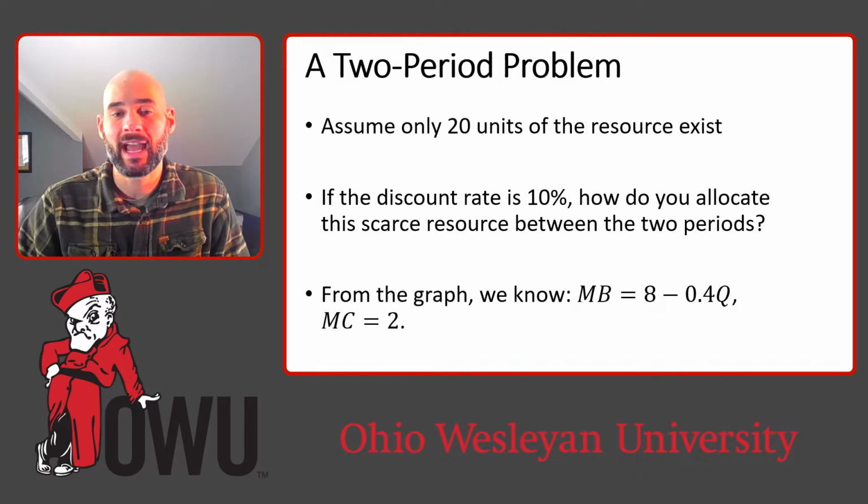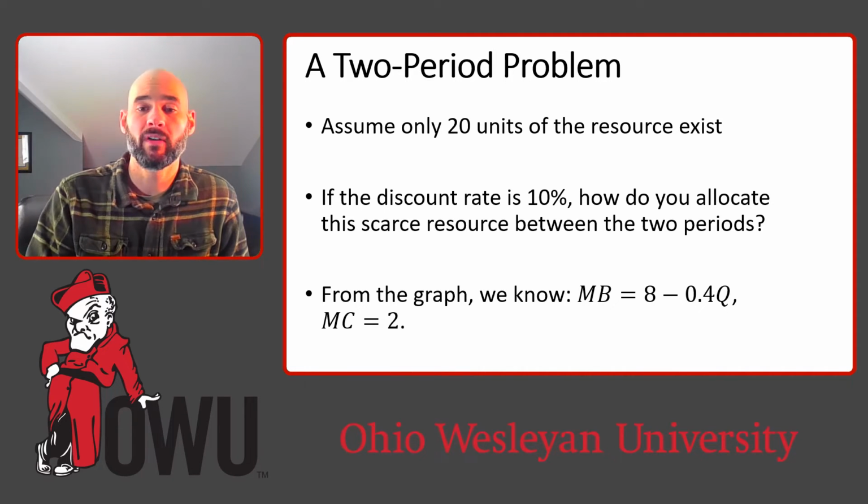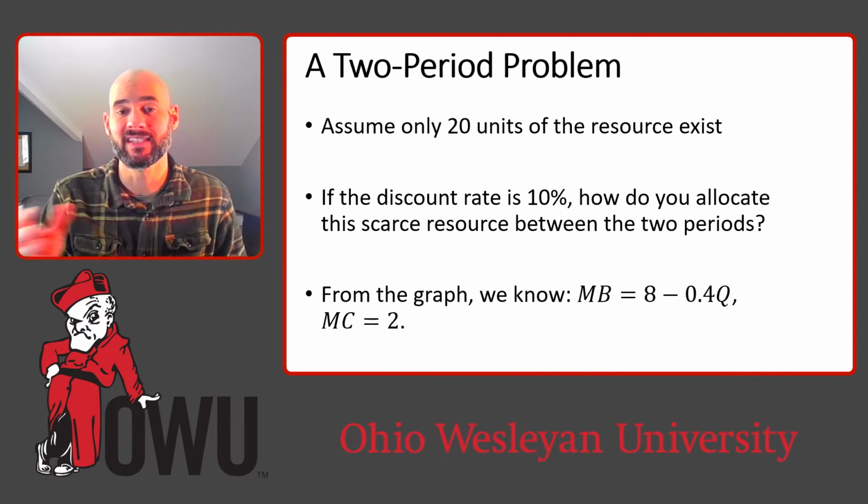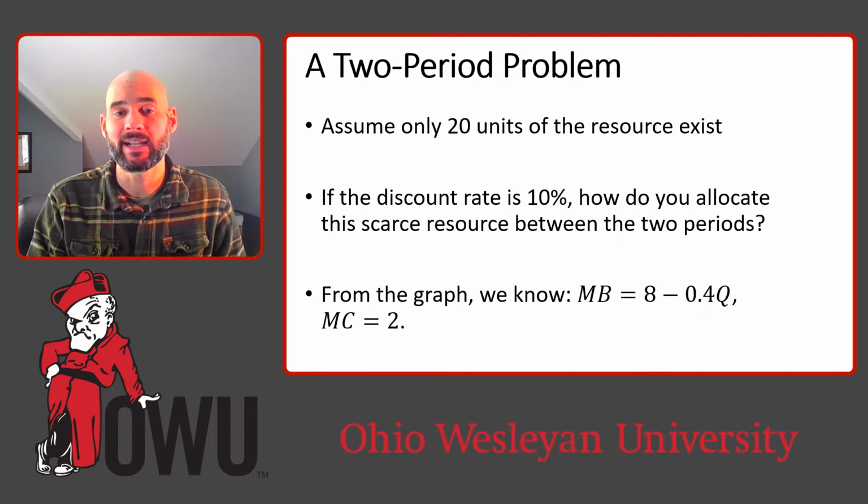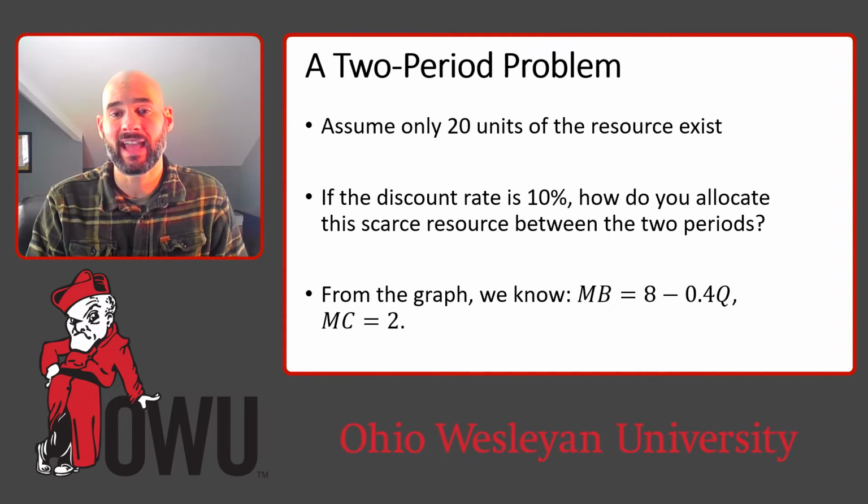So if we have a discount rate of 10%, it means we're ideally going to consume more of the resource in the first period than in the second period. So we're not going to equally split our extraction of those 20 units across those 2 time periods. But to know how we're going to share that extraction across those 2 time periods,